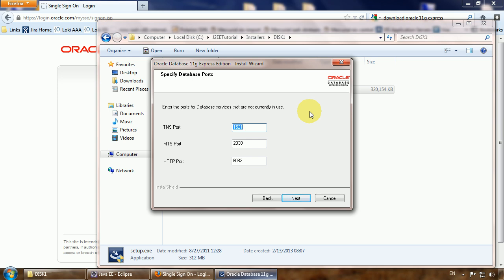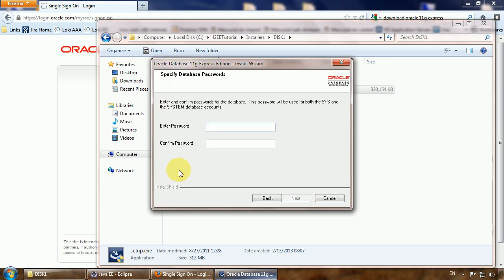So the first port is the Oracle service port, and the HTTP port, I guess, is required for Application Express, a product from Oracle, so check that it will not conflict with the application port we already created. So I think I have all these correct. I'll click next and